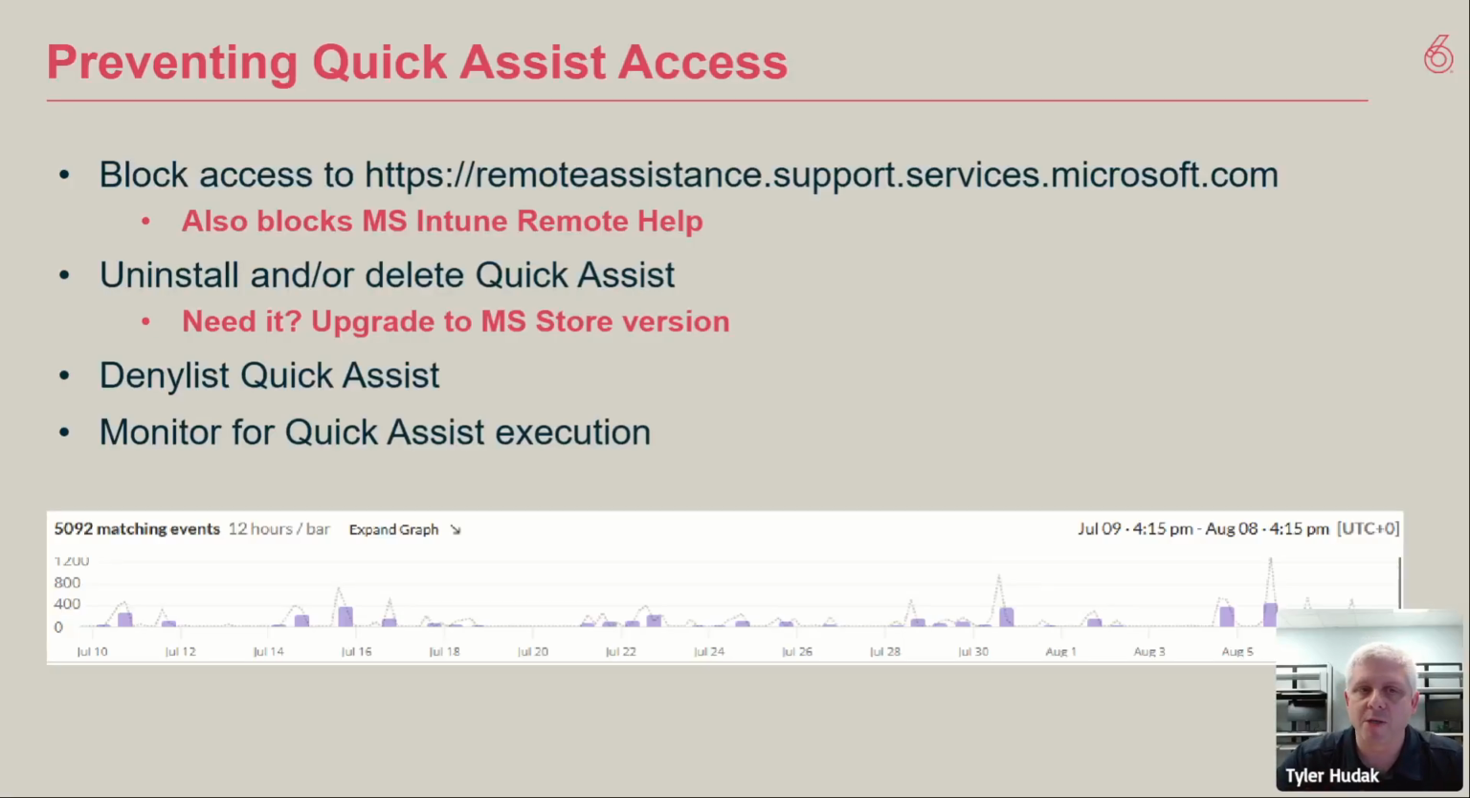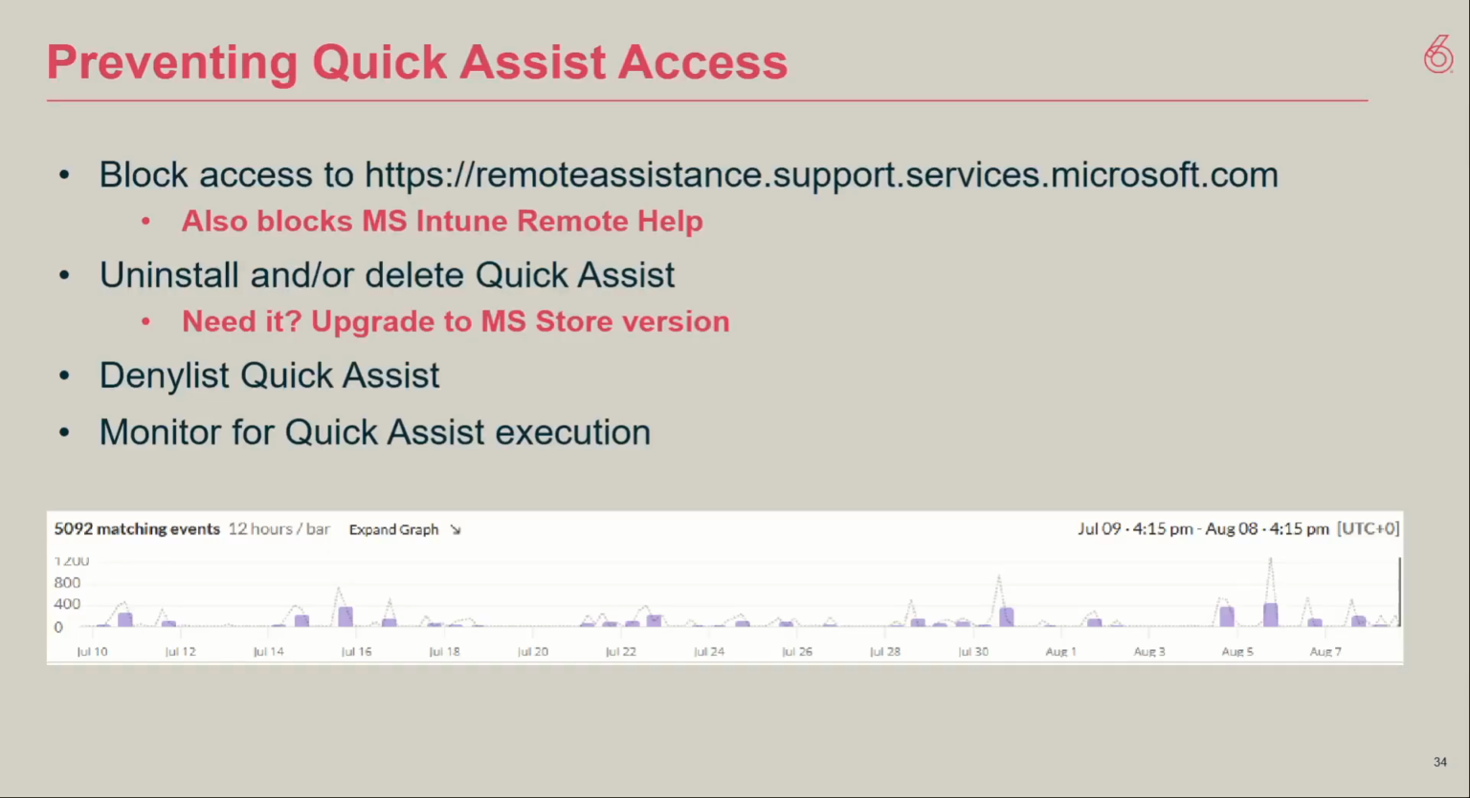Monitor for the MSEdgeWebView2.exe with the QuickAssist.exe and the parameters. Look for that. You're going to find a lot. Quick Assist executions happen a lot, whether or not they should be. What you see at the bottom here is a little graph that I took a couple days ago from Inversion 6's data lake,